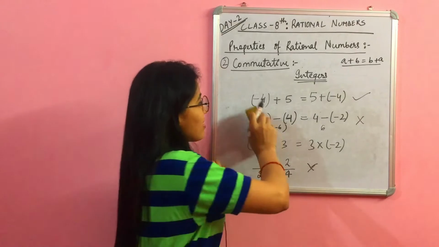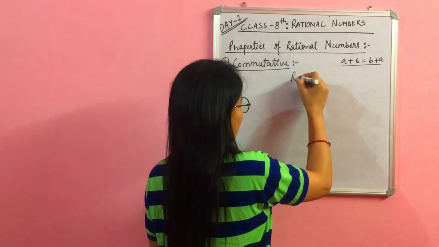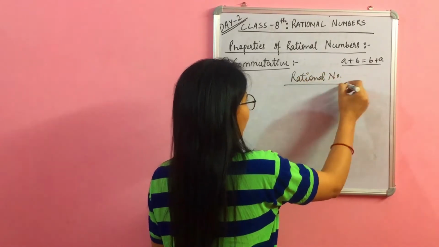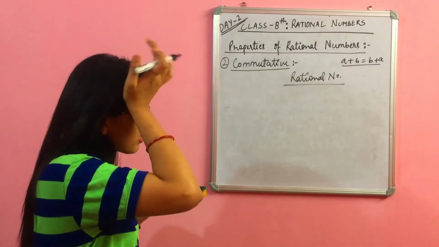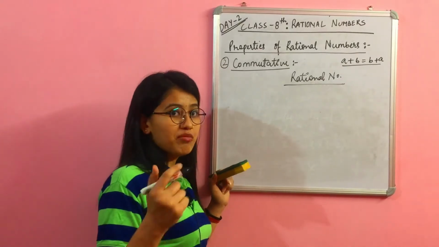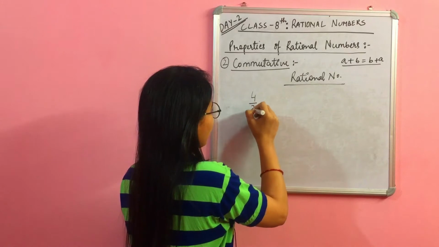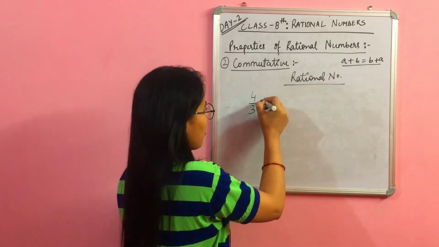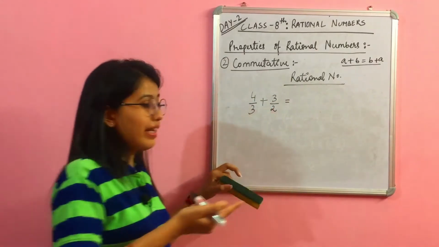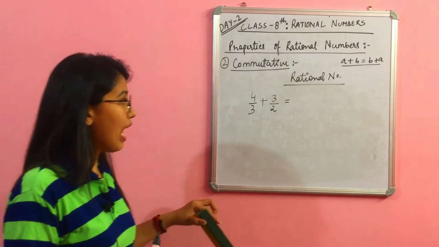Now the last set which we are having is rational numbers, which is the important part. If I am having the set of rational numbers, then let us check the four conditions for addition, subtraction, multiplication and division. So let us say I am having two rational numbers, 4 upon 3 is a rational number, plus 3 upon 2 is a rational number.